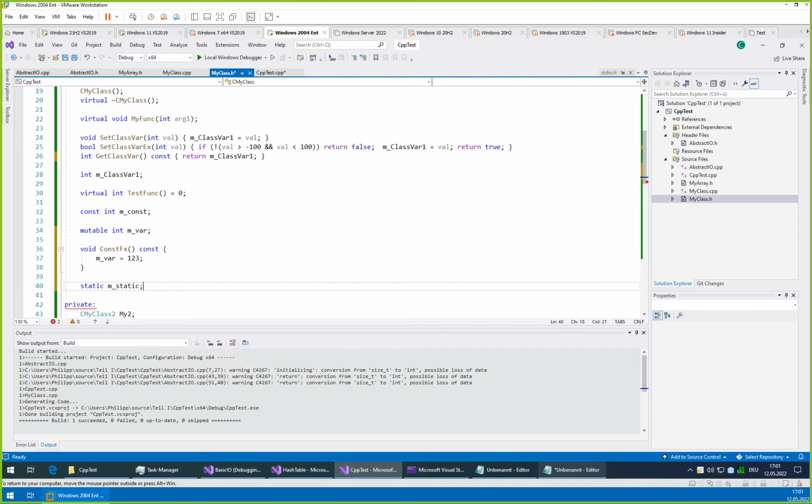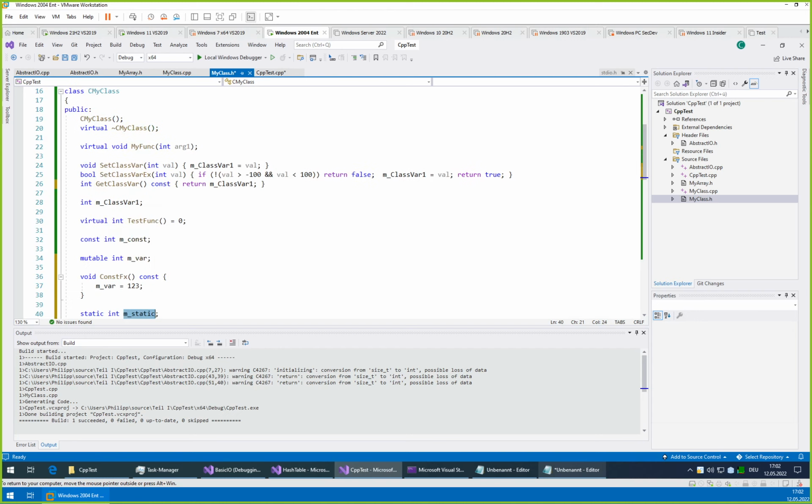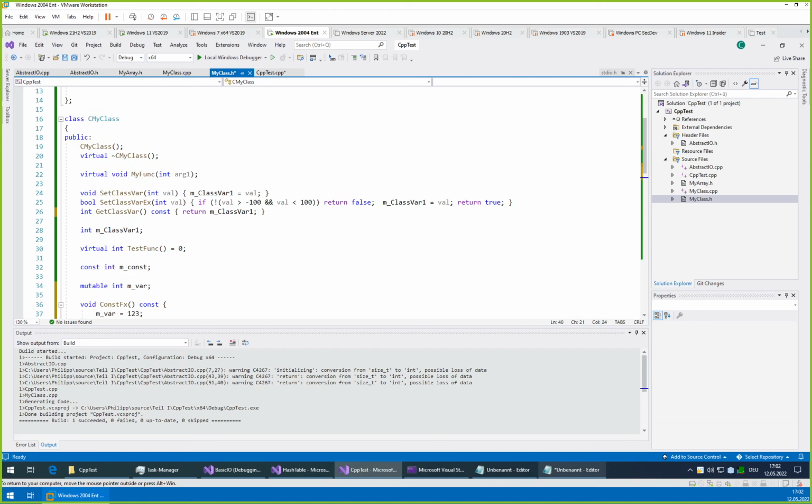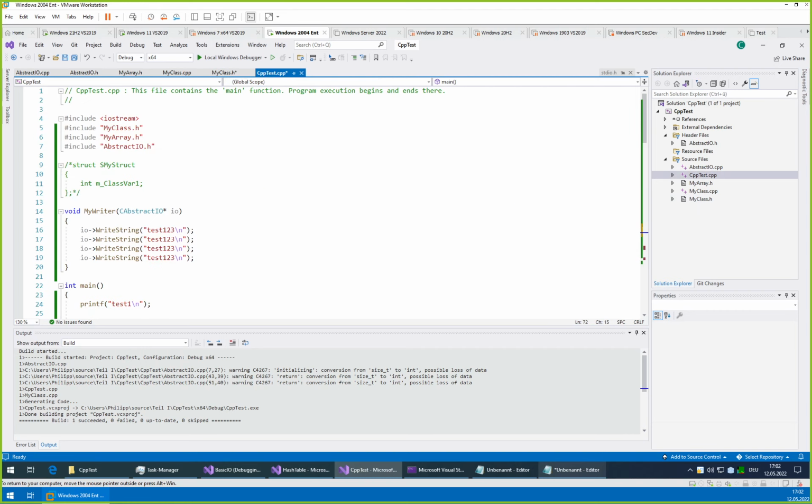Let's call it mStatic in the type. In principle it's like a global variable, but name-wise, from the point of view of namespaces, it is associated with the class, so you cannot access it arbitrarily, but you still need to put it somewhere.